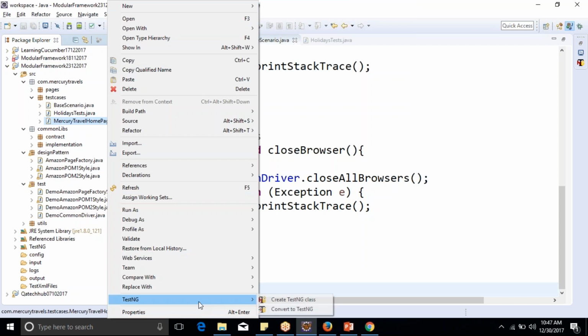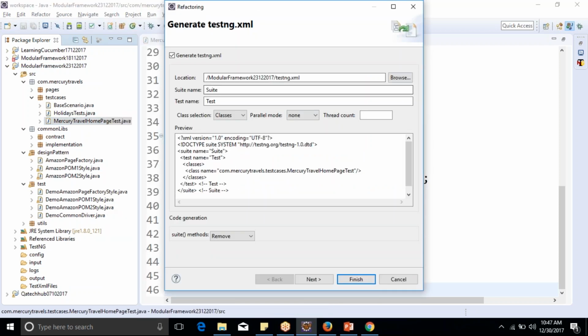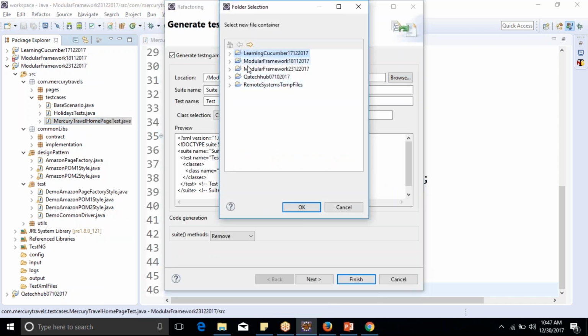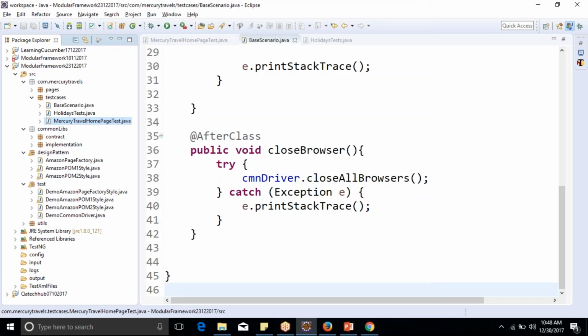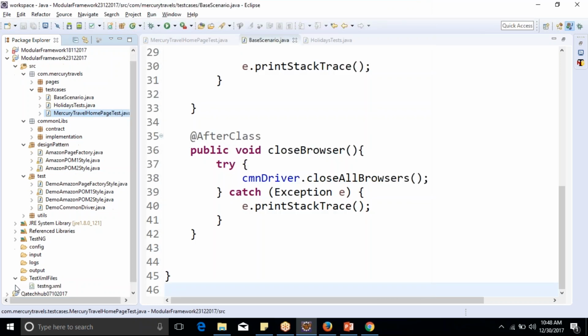So right click, testng, convert to testng, browse. Then inside this modular framework, if I expand it, here we'll say okay. I don't need this, or maybe let it be there, it's fine. So we got our first XML file, testng.xml file,